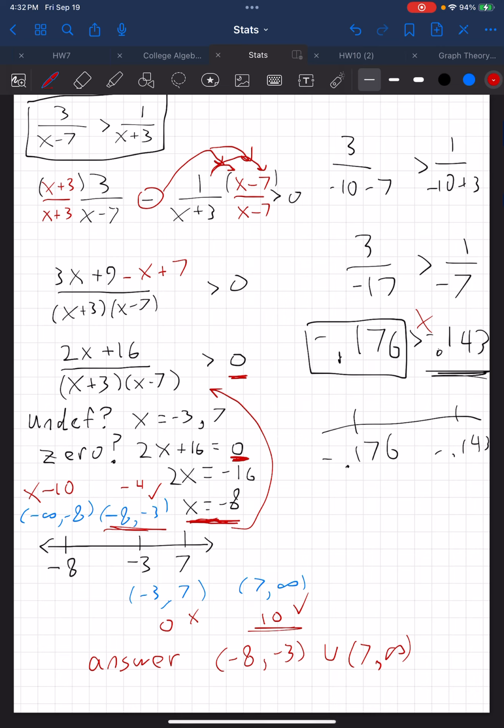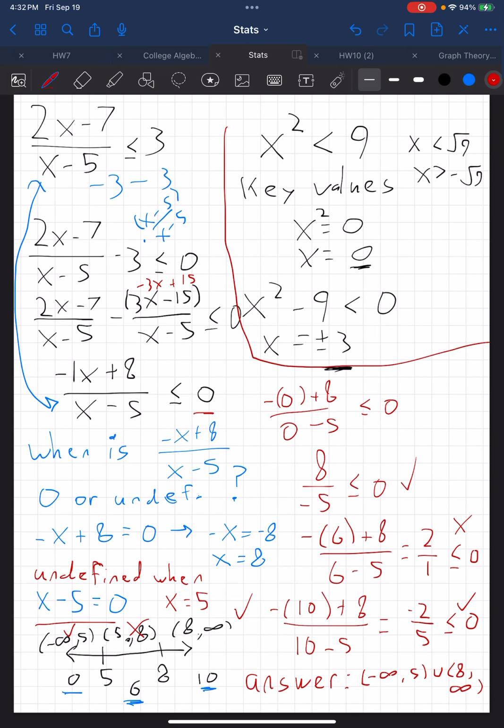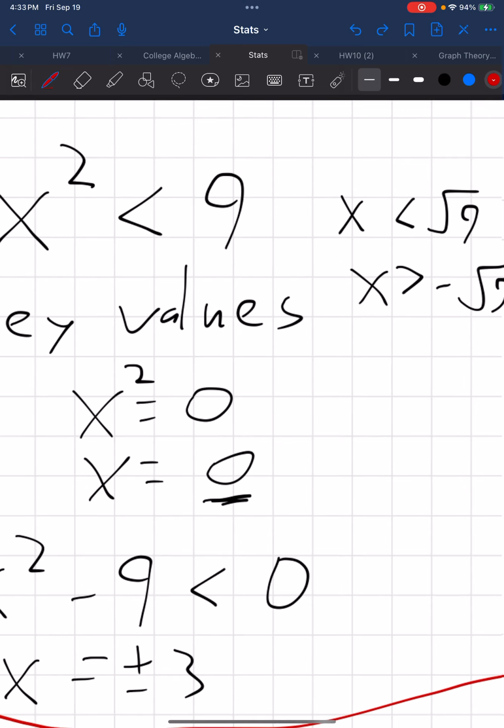So a little tweak to the answer that we got before, due to this fact that we didn't move the left-hand side over. But the tests were kind of a good challenge for the interval notation. And again, I really just want to emphasize here, the thing that we need to do that we were neglecting before is make it 0 on the right-hand side. So the same way that we needed to have